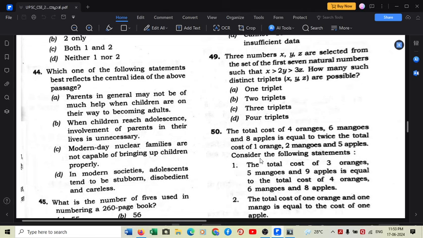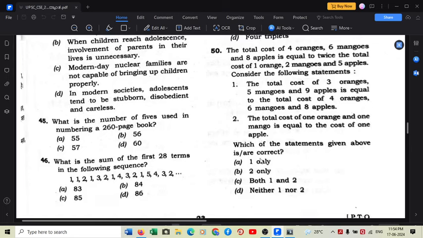So "may not be" is the key phrase here, because it may or may not be the role of the parents. Some parents could be of help, who understand the feelings of the child in relevance with the present time, and some parents may not be of much help when children become adults. So statement A is the best form of capturing the central idea of the passage. So the answer to question 44 is A.